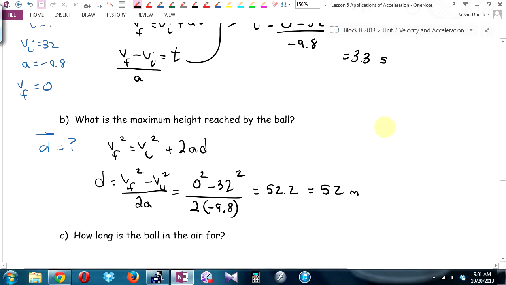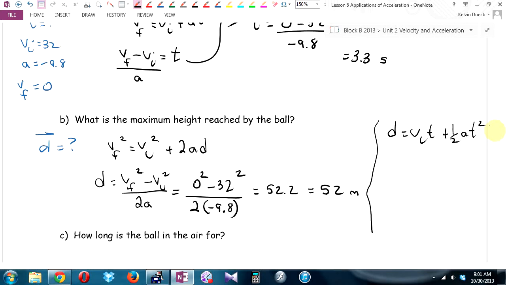By the way, there is another way I could have done this, and this might be a way I might check my answer. I could have used that. The only issue is then I'm using my time answer from part A. But this would be a nice way, if I finish a test early, for me to check both my answer for part B and for part A. Because if I quickly go